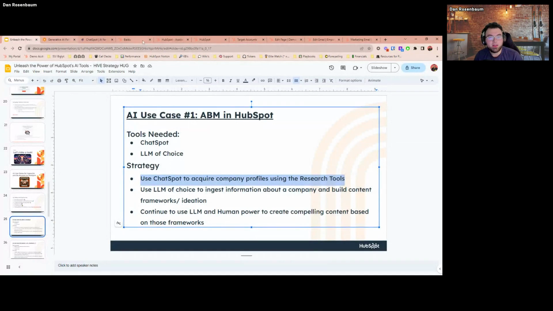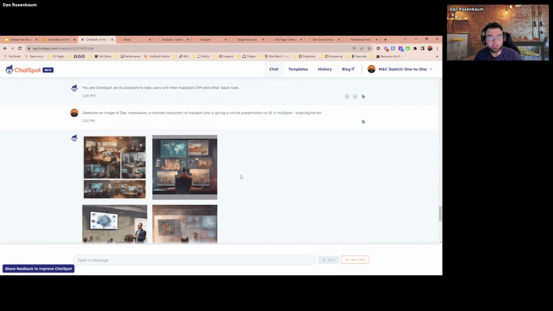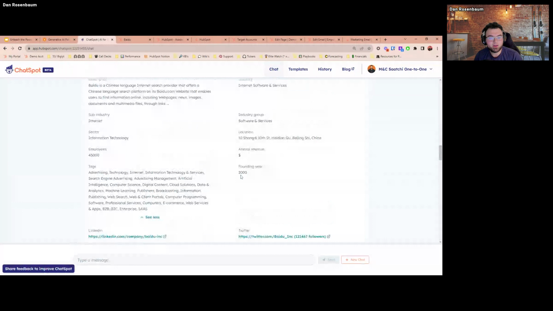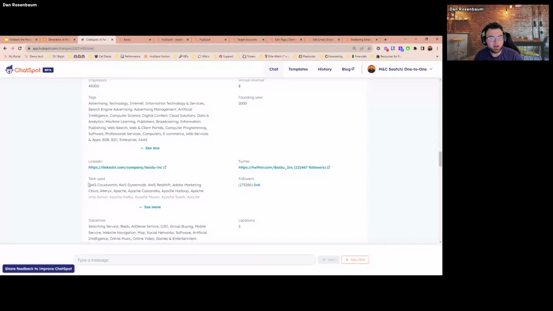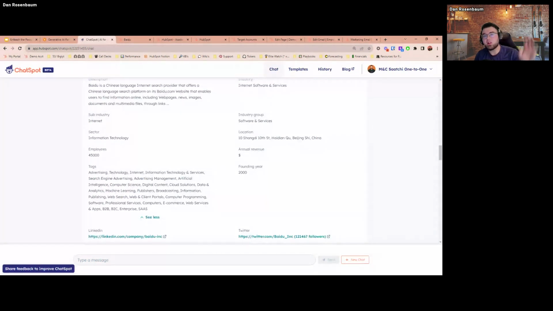And then I can continue to take what we gleaned from the breakdown here. I can take a look at their tech stack, their industries that they service, anything like that. I can put all of that into something like ChatGPT or Campaign Assistant, and I can say, hey, make me a campaign using all of this information. I'm trying to get after this one company. With all of this information, I want prospecting emails. I want marketing materials. I want one-pagers, landing pages. I want blog posts that they're going to be interested in reading. I want it all.